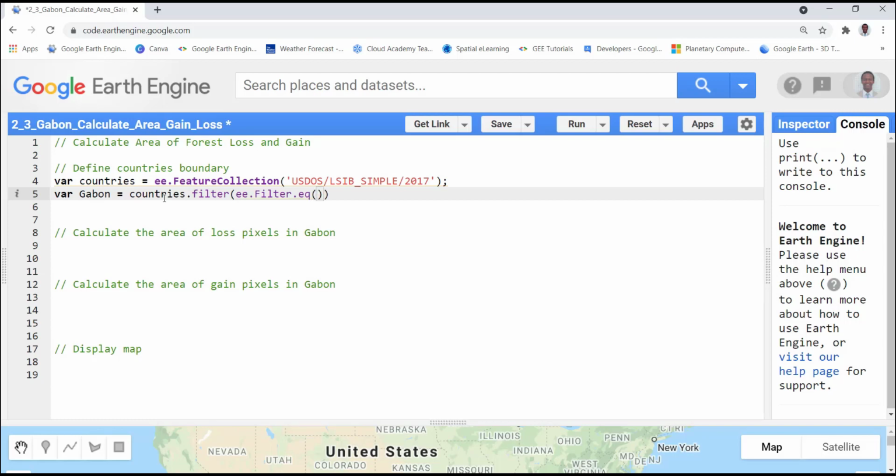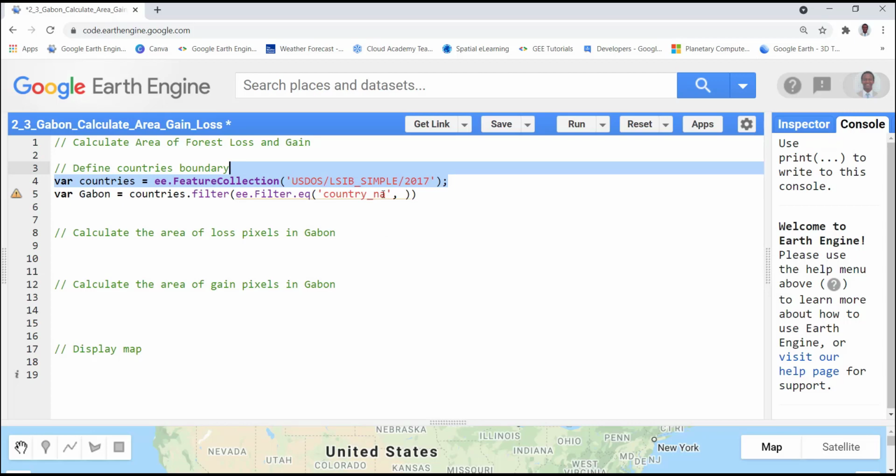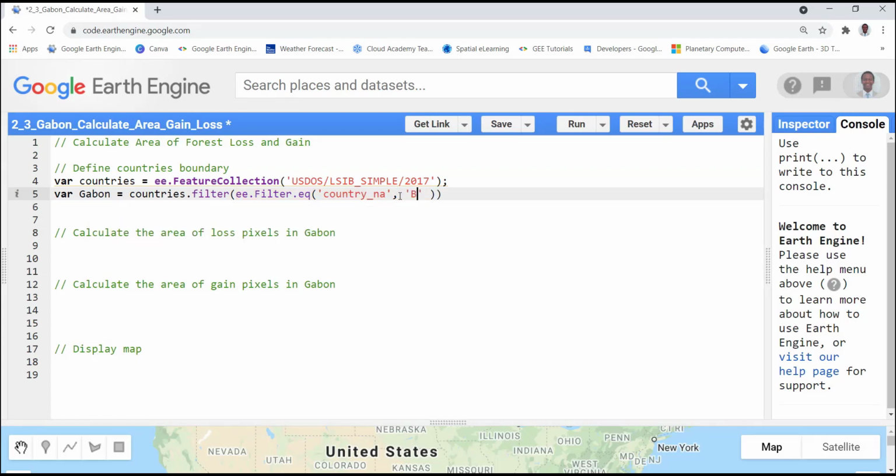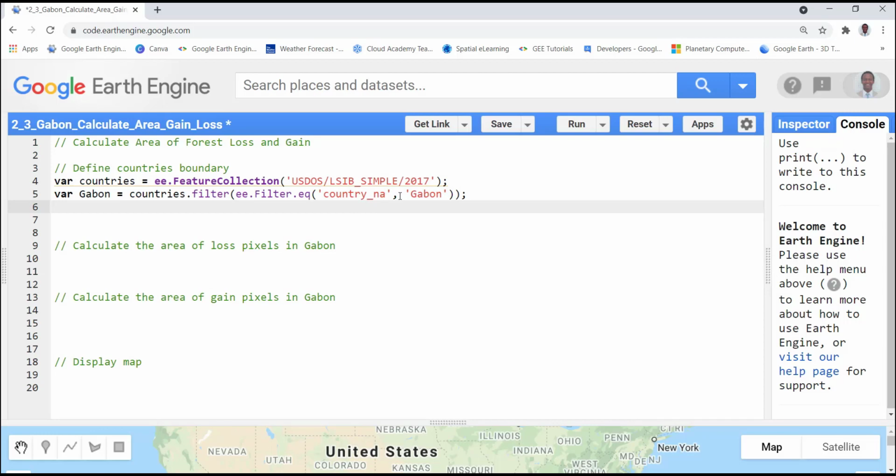So in this case, we provide the specific field or property that we want to use for filtering. Okay, so it's country_na. That means country name in a short way. If you open this database in a GIS environment, you'll see this field. So using country name, which country am I interested in? I need to provide that. So Gabon, based on country name, we will select that country, Gabon,